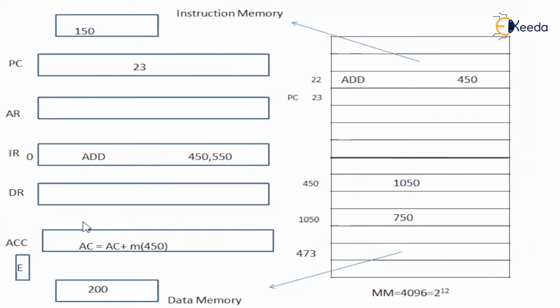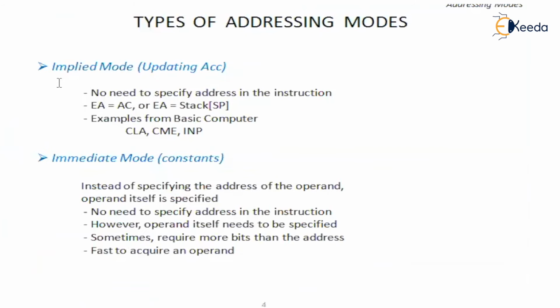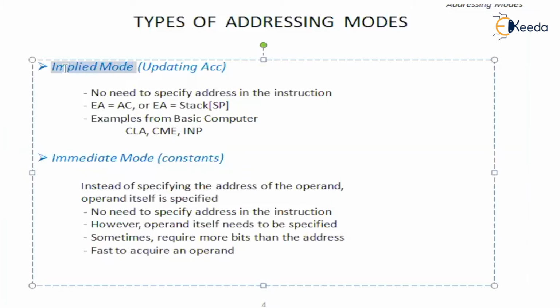Either it could be single accumulator or general register. But in single accumulator, accumulator is a default second operand. But in general register, accumulator you can't see in the instruction at all. So in the general register organization, in order to update the accumulator, we use implied addressing mode. All the register reference instructions are going to update the accumulator. That is, if you can understand this in a nutshell, implied addressing mode will update the accumulator. Okay, in order to update the accumulator, I need to use implied addressing mode.